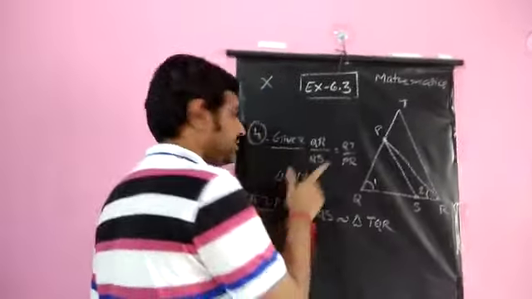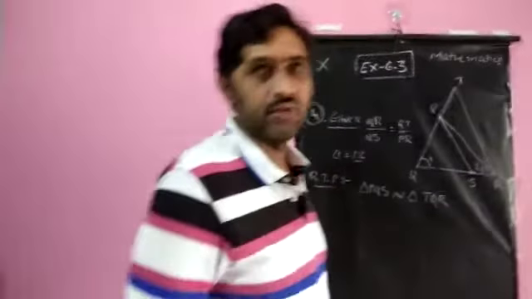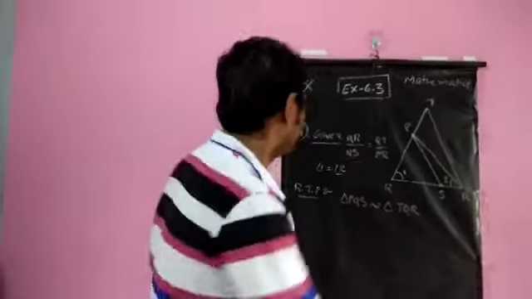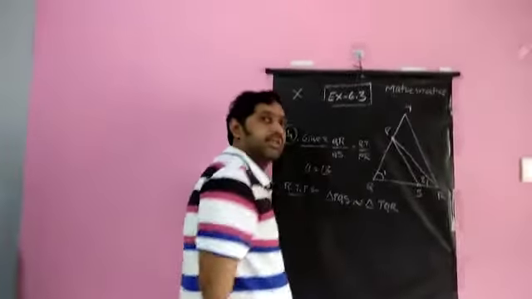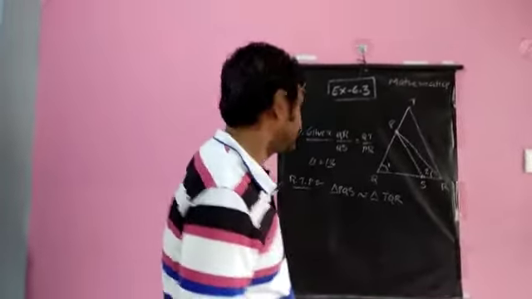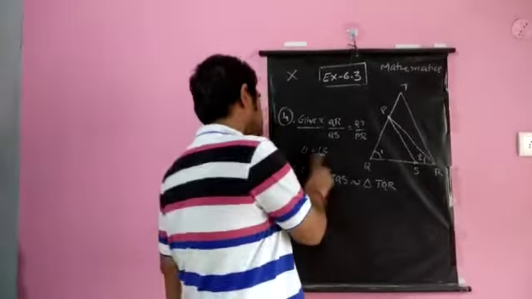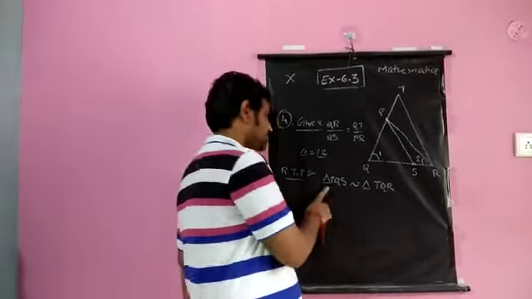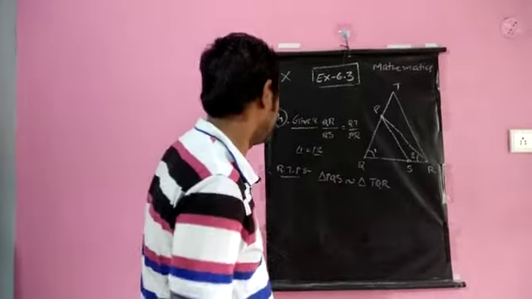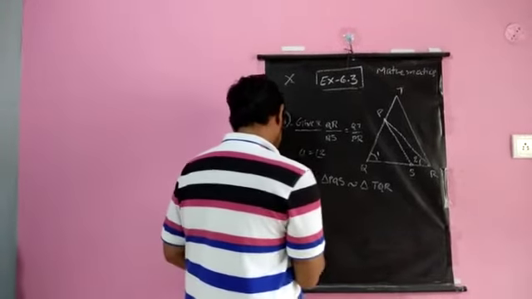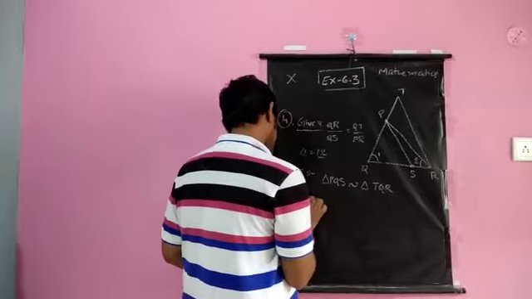These two angles are given. In solving this, we need to use the given things. The given things are the ratio of the sides, and as well as one angle of one triangle is equal to another angle, that is angle 1 equals angle 2. They are asking us to prove triangle PQS is similar to triangle TQR. We need to observe this figure carefully in order to prove the required one. In proof,